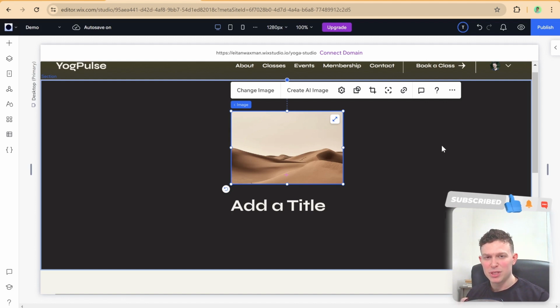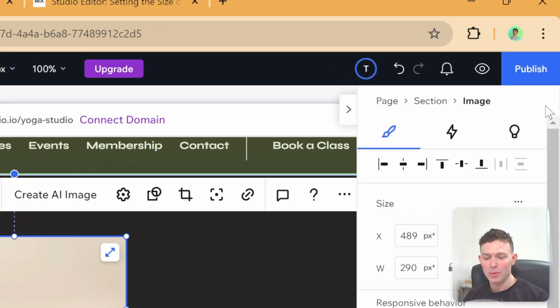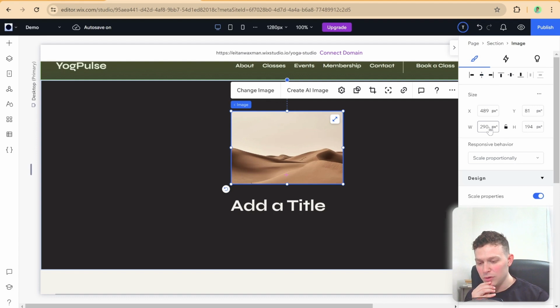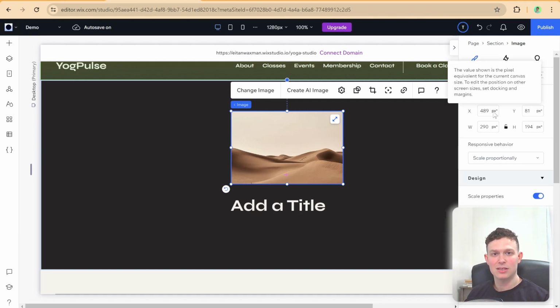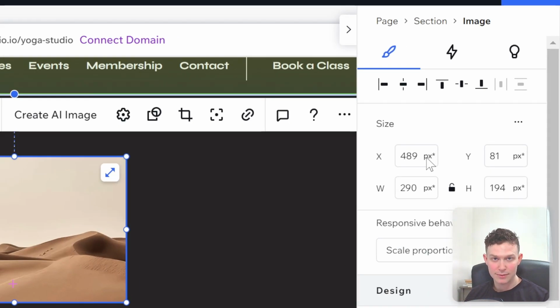So in order to edit the responsive properties of a specific element, you can go ahead and just select the element and then go up to the upper right here where you see Open Inspector, and specifically take a look here at this design panel. And first thing you'll notice is that we have the option to set the size of a specific element. And Wix has invented this new kind of property inside of Wix Studio, which is pixel asterisks. And pixel asterisks is essentially the pixel size in this specific screen size, but essentially it is a percentage-based sizing